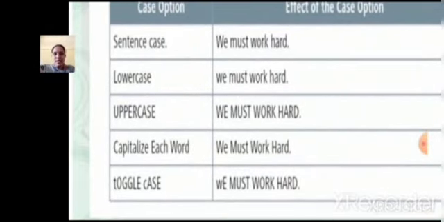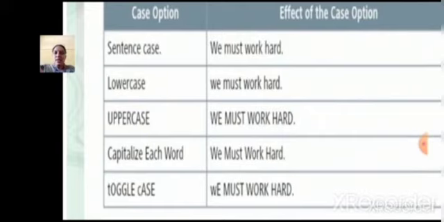The first one, sentence case, where the first letter of the sentence is capital and all other letters are small. The second one is lowercase, where all the letters are small. The third one, uppercase, where all the words are in capitals.